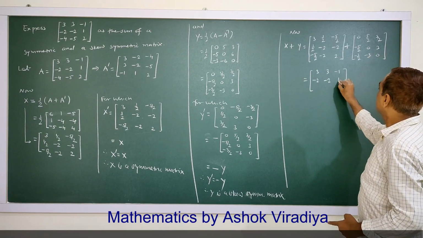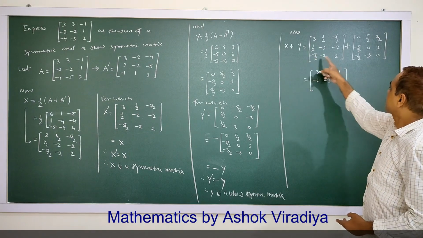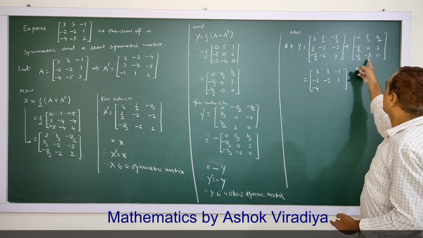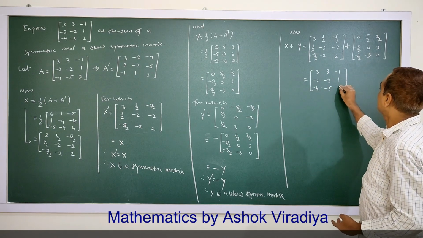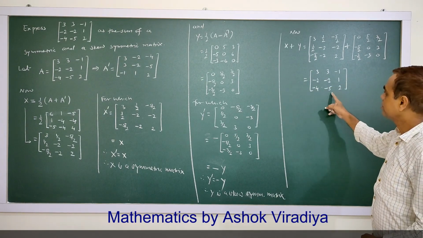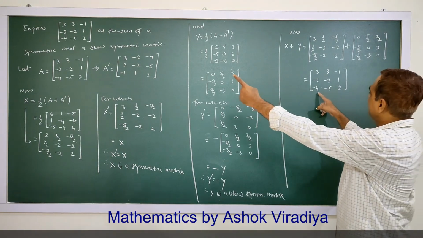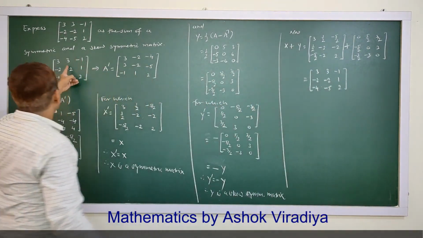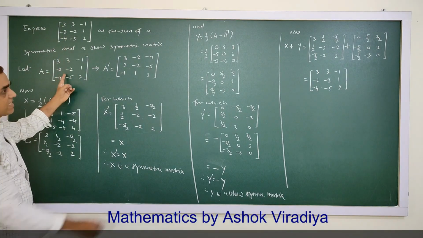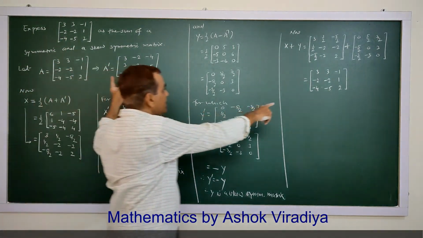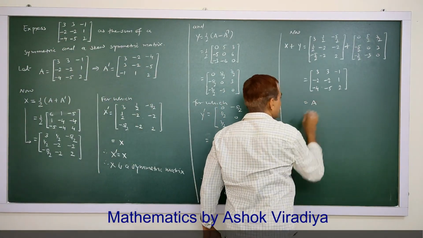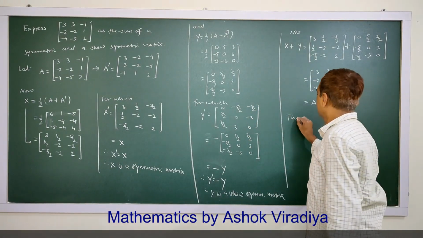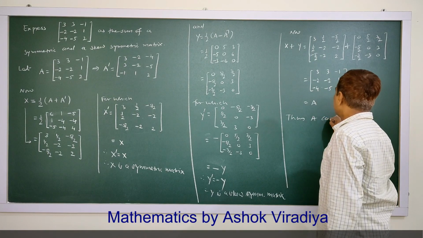Minus 2 plus 3 is 1. Minus 5 by 2 minus 3 by 2, that is minus 4. The sum of these two numbers is minus 5, 2. And look, this matrix is the given matrix A. So it is equal to A. Given matrix. Thus, A can be expressed